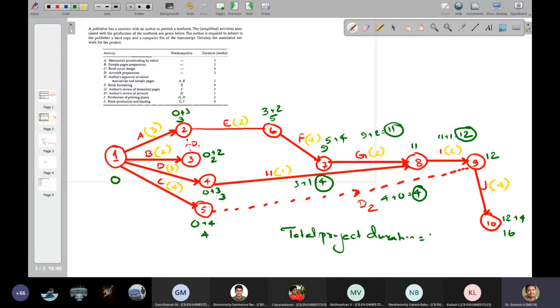The maximum path which the project follows is the path we use to calculate the project duration. So 16 weeks is the maximum duration in which this project is going to complete, and the path that this project is following is called the critical path.